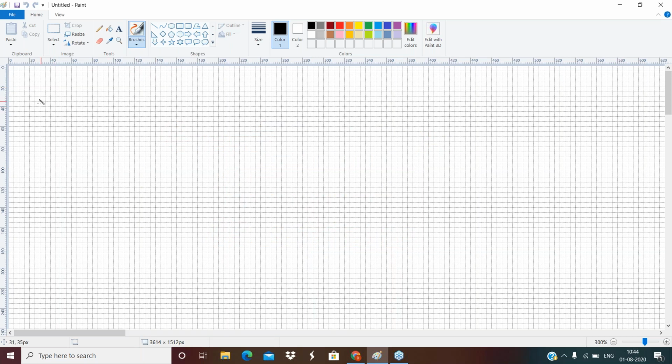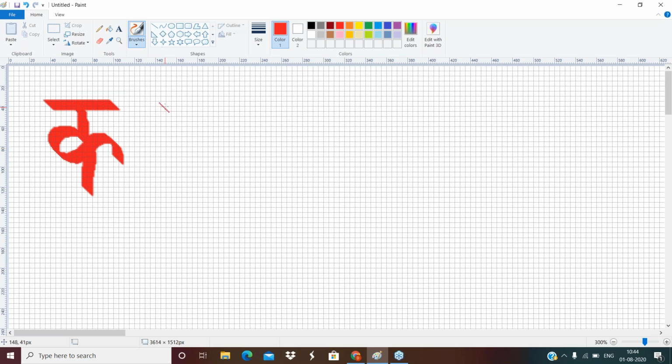We will first draw the alphabet in Devanagari, how we write. So this is ka in Devanagari.